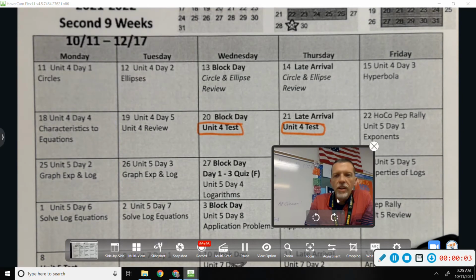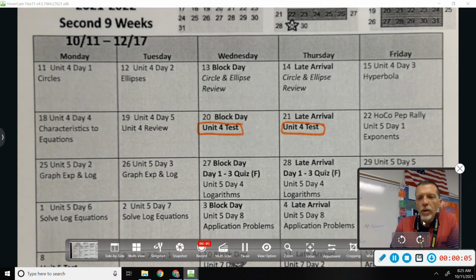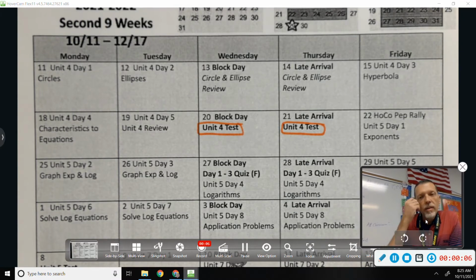So the calendar for the upcoming 9 weeks will be posted soon enough. Again, the biggest thing is the test next week. You guys online, I probably won't have ellipses posted till Thursday because my only pre-cal classes are 2nd and 4th,